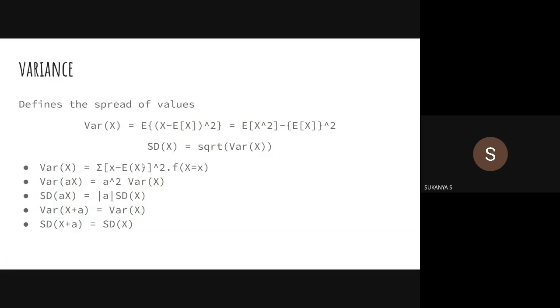Now, in layman terms, variance is just the scatter of the data, how much spread out it is, and the square root of variance is standard deviation. In general terms, it is 1 by n sigma xi minus x bar the whole square. The same thing expressed in terms of expected value is expectation of x minus expectation of x the whole square, or this is equivalent to expectation of x square minus expectation of x the whole square. I guess the second formula is what we repeatedly use.